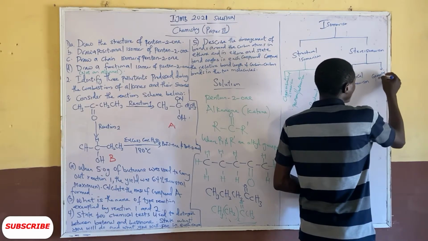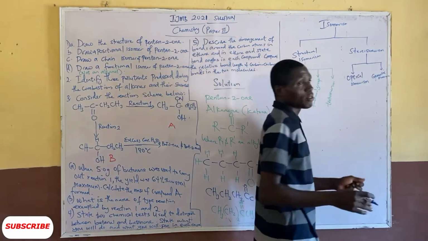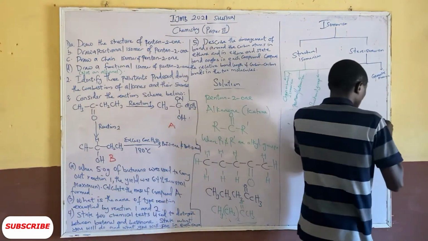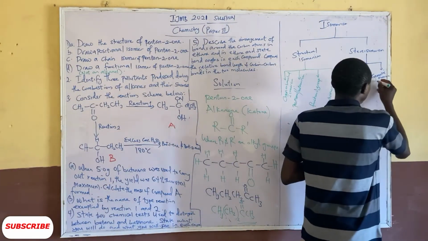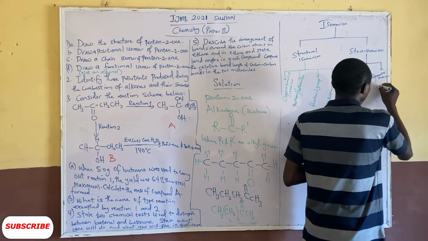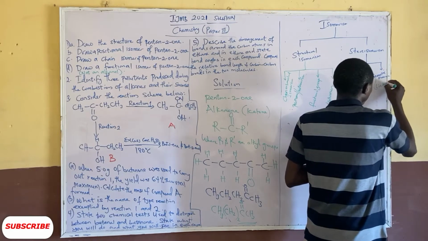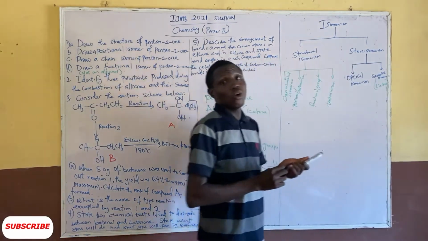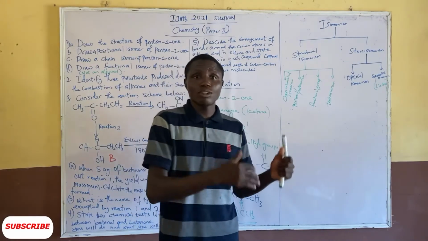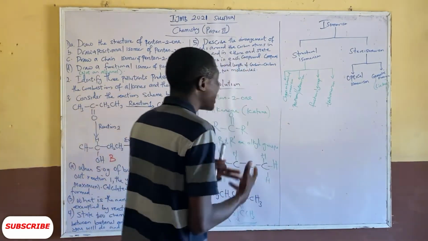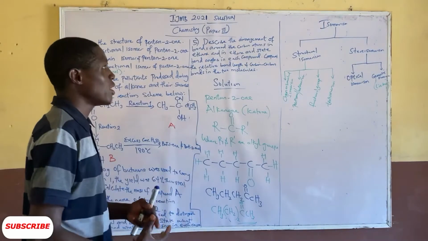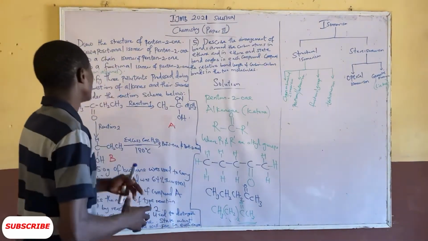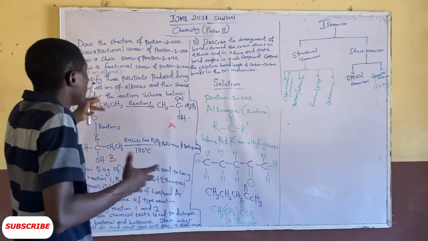Now geometrical isomerism can be subdivided into cis-trans isomerism. It's also known as cis-trans isomerism. So geometrical isomerism can be known as cis-trans isomerism. So these are the types of isomerism that we have, the classification of isomerism. But now we are asked to draw the positional